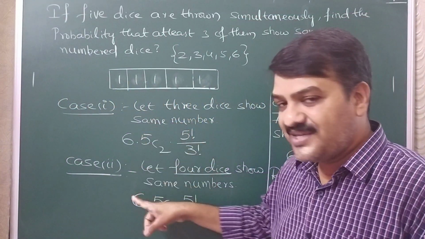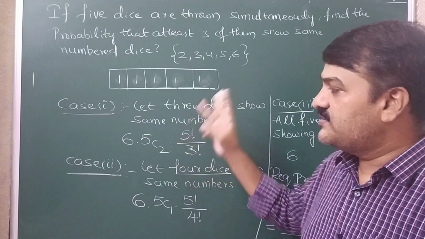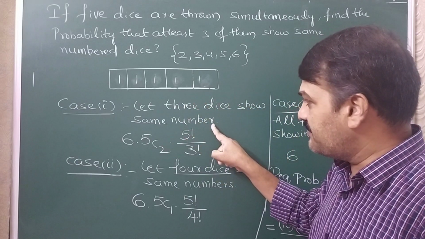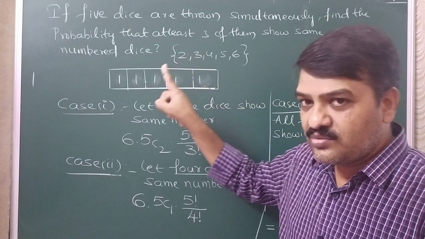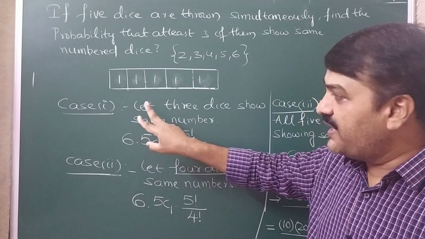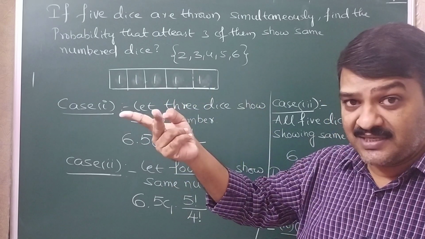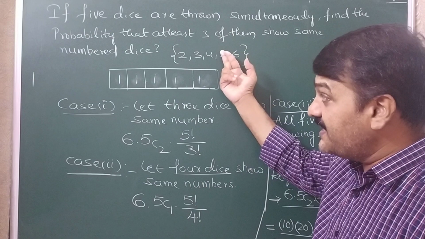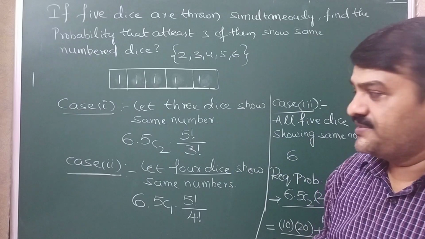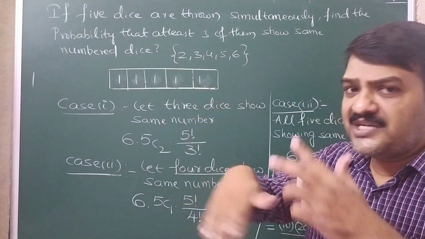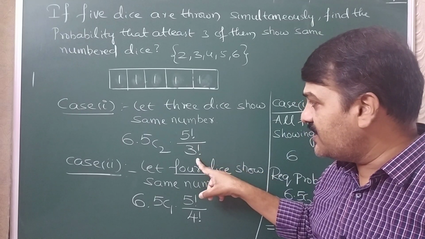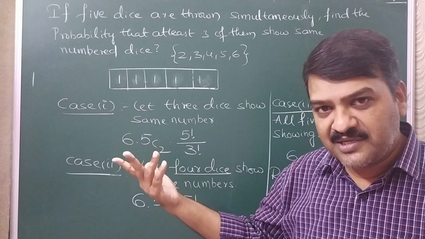You have to take three cases. First case, 3 of the dice showing the same number. So 3 of the dice showing the same number means 3 of them showing 1s or 2s or 3s, like that, 6 possibilities. The remaining 2 dice must show different numbers, means from 5 different numbers you have to choose 2 which fit into the remaining 2 dice. Now those numbers can be arranged in different orders, for which we have these many ways. Why did we write by 3 factorial? Because 3 of the dice will show the same number, no?